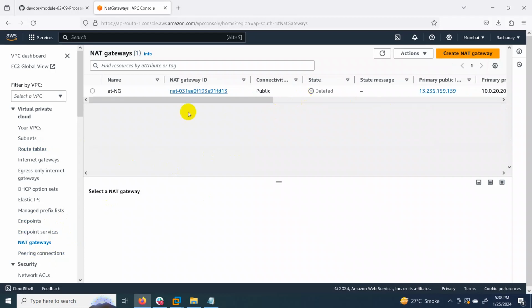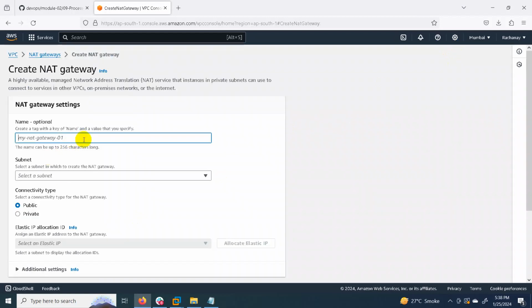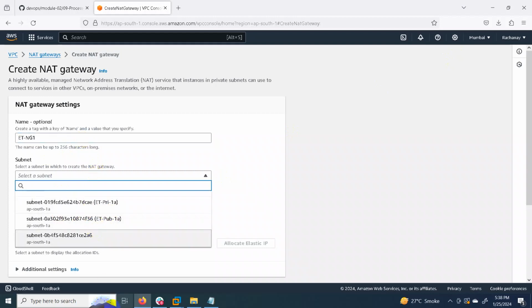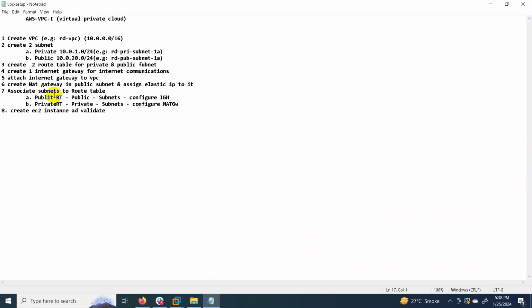After that, again go to the route table. Again we are going to create a NAT gateway. Just create a NAT gateway. For which subnet are we selecting? Okay, let's check. Create the NAT gateway in the public subnet.